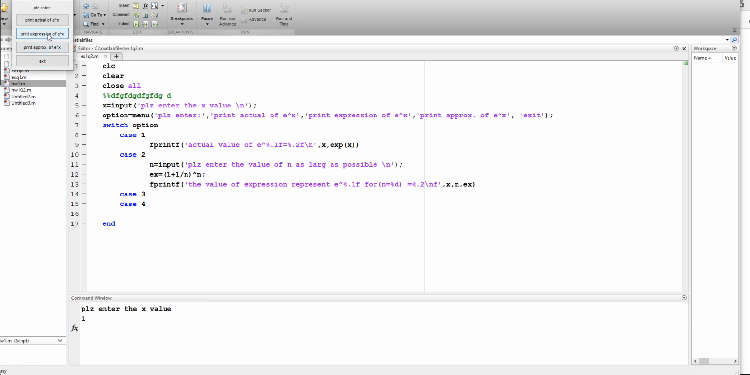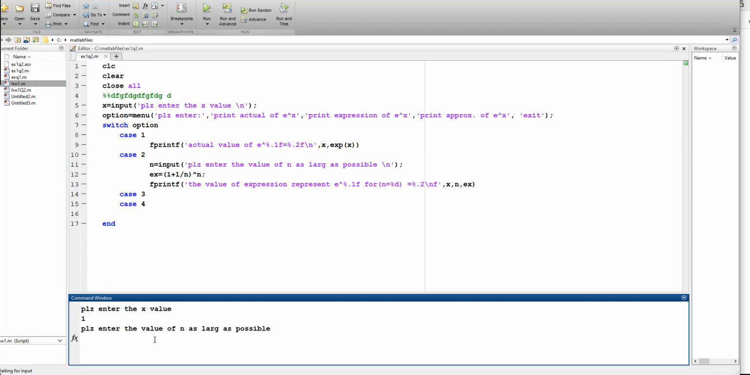Option number 2, print expression of e to the power x. See, say n equal 10. The value of expression represent e to the power 1 for n equal 10 equal to this value. Why not displayed? Why not displayed again? Here